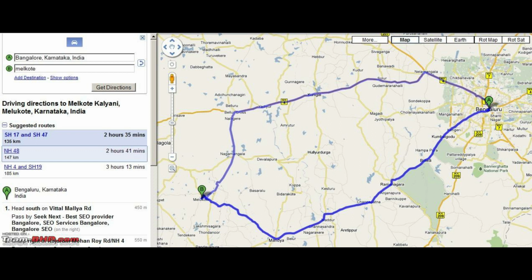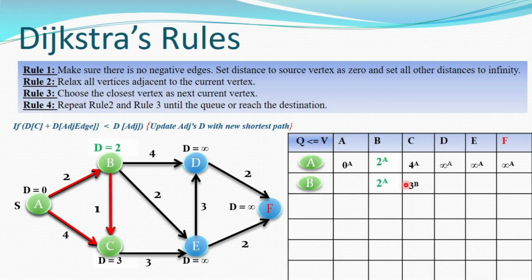In between these there are so many routes available to reach the destination B, but we need to find out the shortest path to reach our destination, so that we can reduce our travel journey. So using Dijkstra's shortest path algorithm, we are going to find out the shortest path between A and the destination B. There are so many shortest path algorithms available, but here we are going to explain the Dijkstra's shortest path algorithm. In future I am trying to upload all the shortest path algorithms.